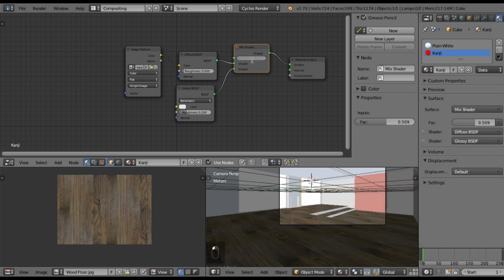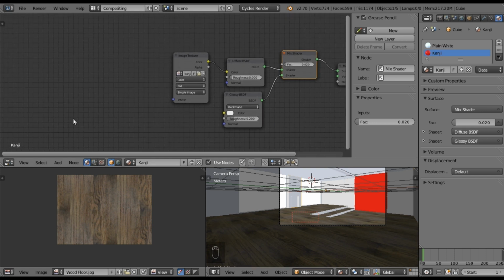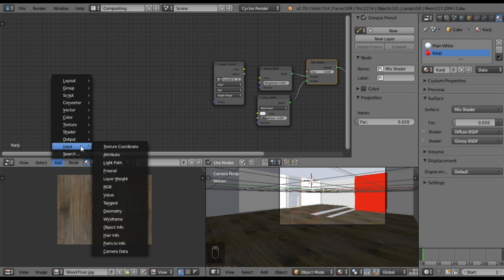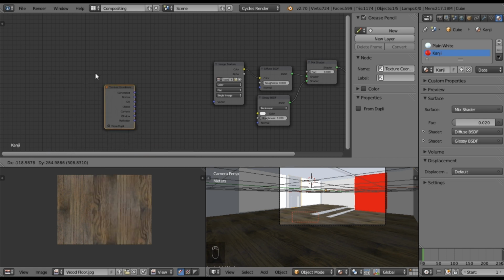So, where did I set that at? I think it was like a 0.02. If you set it any higher than 0.02, the black on the kanji washes out in the light. I don't know why. It's kind of weird. You get like a gloss over that black and it just turns it gray. It doesn't look good. Anyways, we got to do some resizing here, so let's add in a texture coordinate node